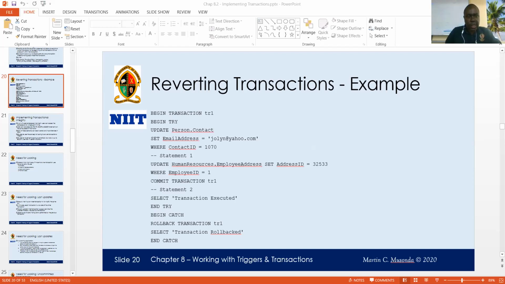So we have used the IF statement to check that the object that is a table named T2 exists or does not exist. This statement is saying if there's an object with an object ID corresponding to N'T2',